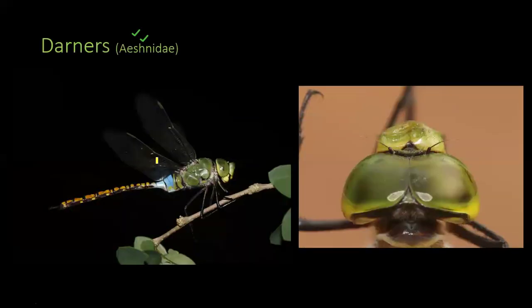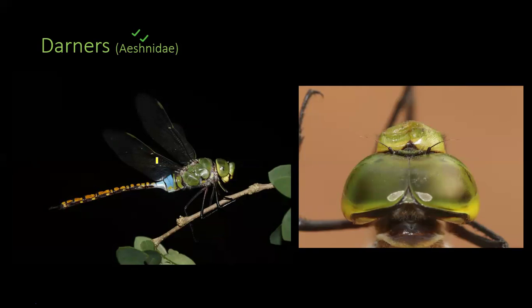Right. Moving on to dragonflies, one of the largest groups of very large dragonflies, the darners. Most species are close to 10 centimeters in length. So these are very bulky, very heavy, large insects, and they have very broad, long wingspans as well. The key